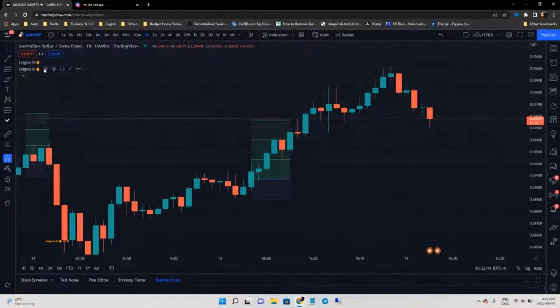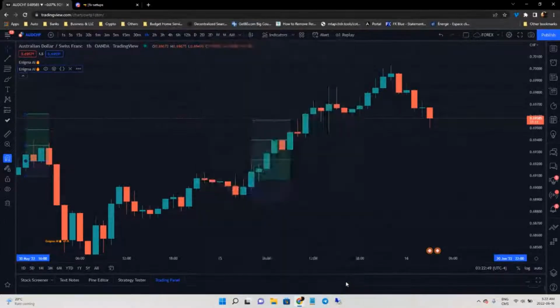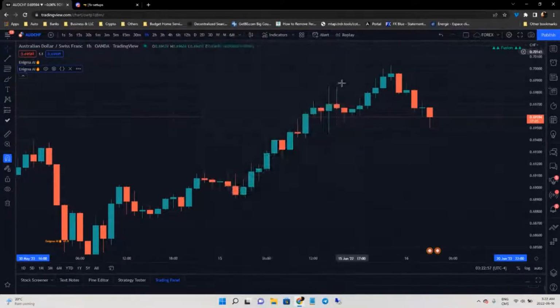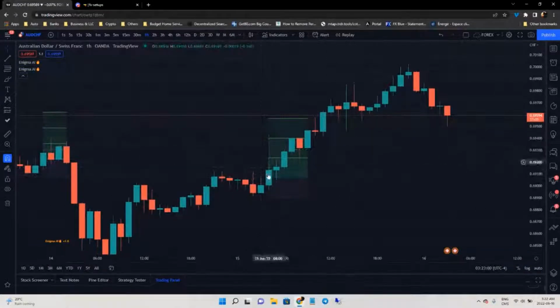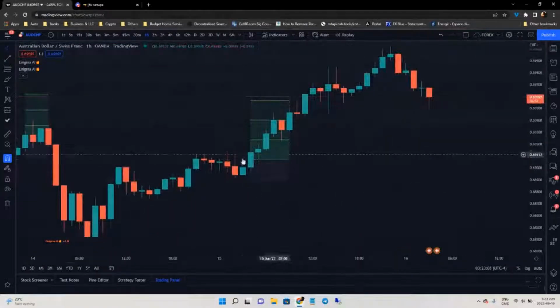Okay, and if we add the fusion on it, the reason why it didn't show the fusion, I'm very sure, is that it was still bearish here at that point. It went bullish here, and that's why I'm telling you that sometimes if you don't want to use the fusion, you want to make sure that you see all of the setup and you take the entry on your own. Just put the fusion off.